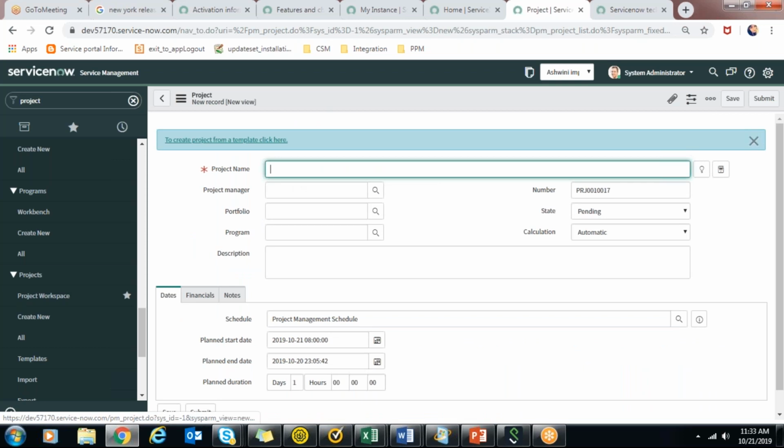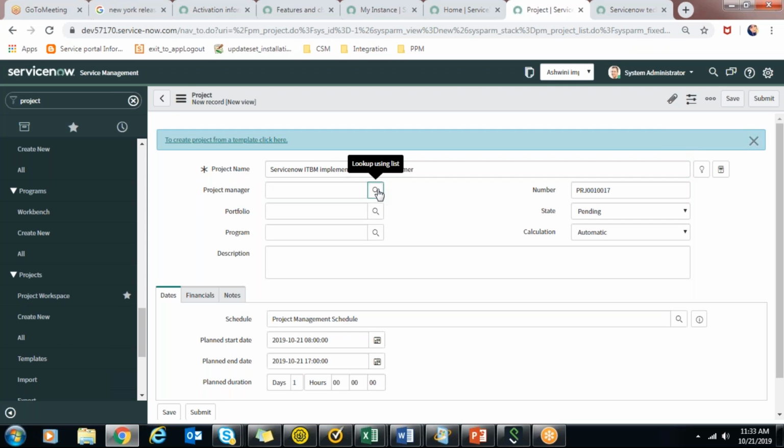The project name is ServiceNow ITBM implementation for XYZ customer, something like that. Here you have to fill in the project manager.